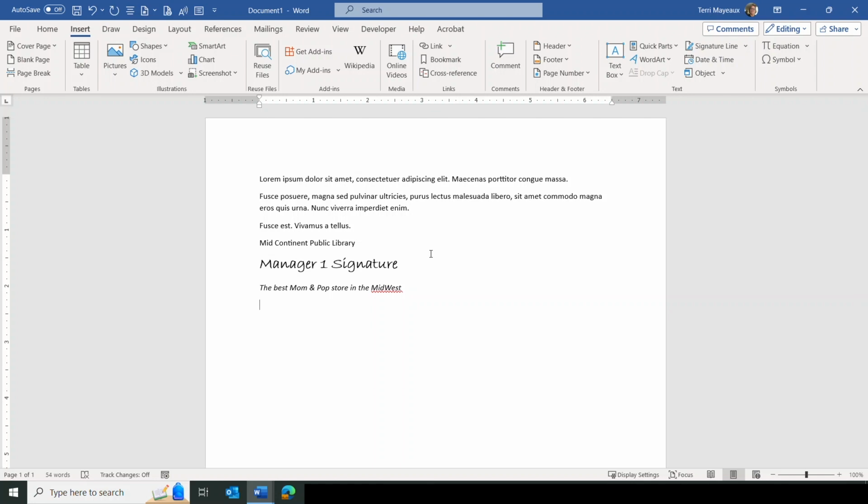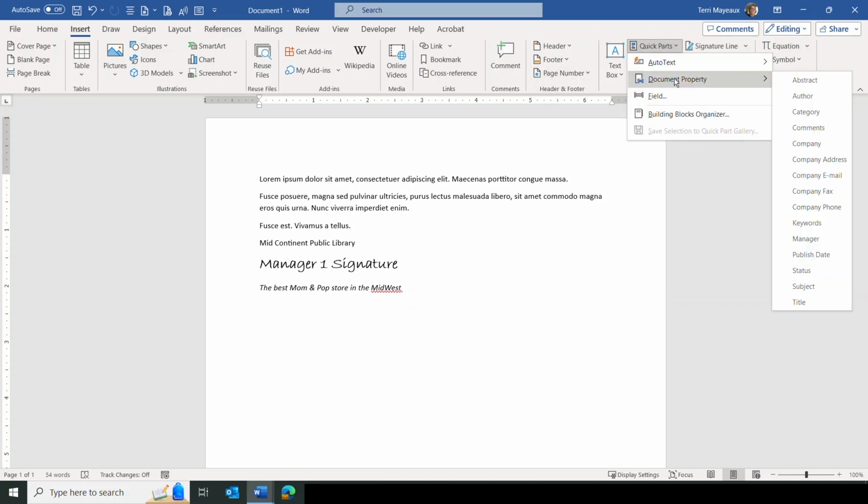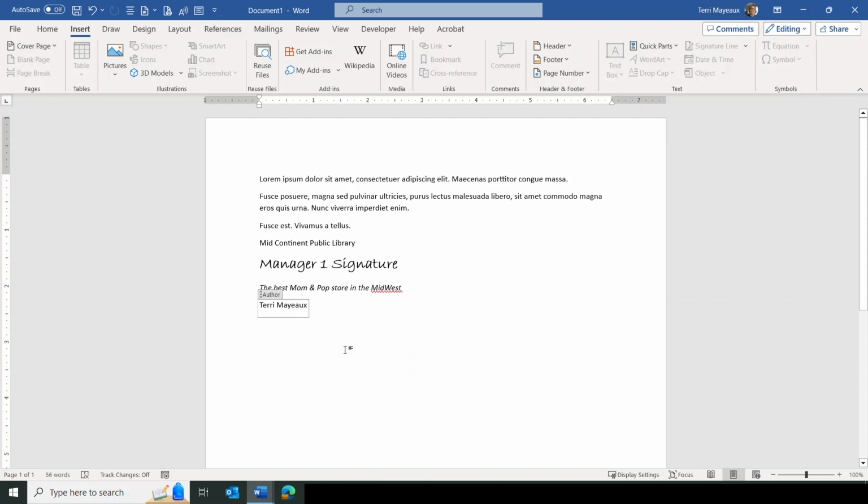And it just saves me that little bit of typing, but over, say, a year, that is a lot of time saved. You may also decide to add in some information that comes from the document itself. So when we go up to Quick Parts and click on the drop down, we may decide to insert something from the document properties. Most of these pieces of information, and let's just say author here, come from up in